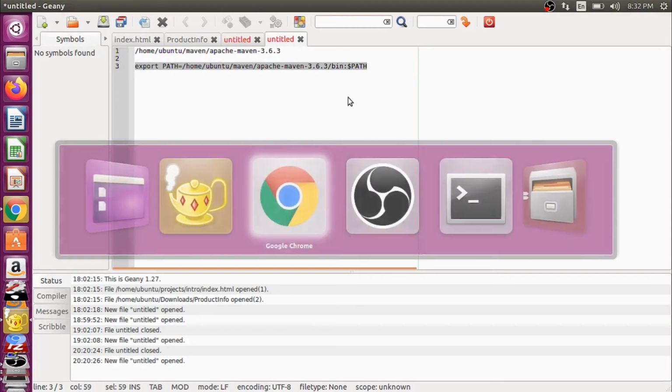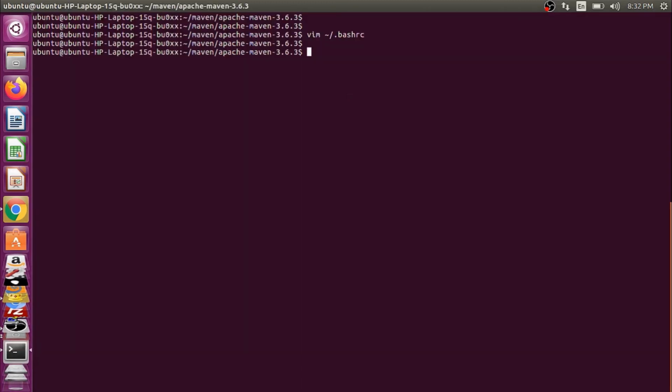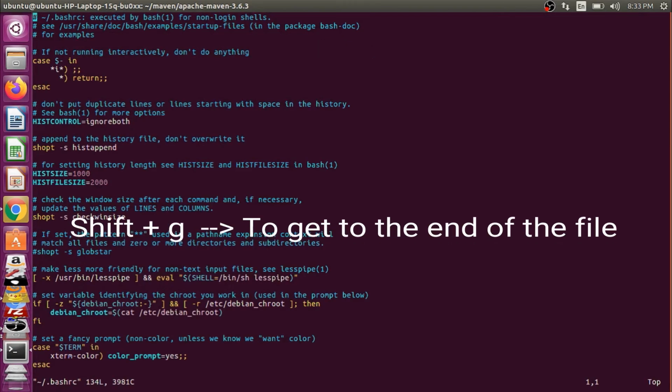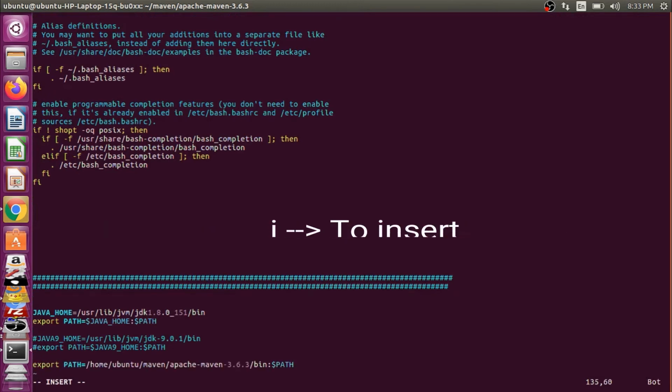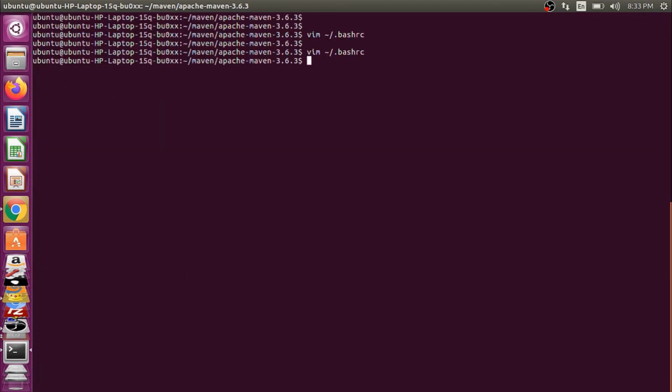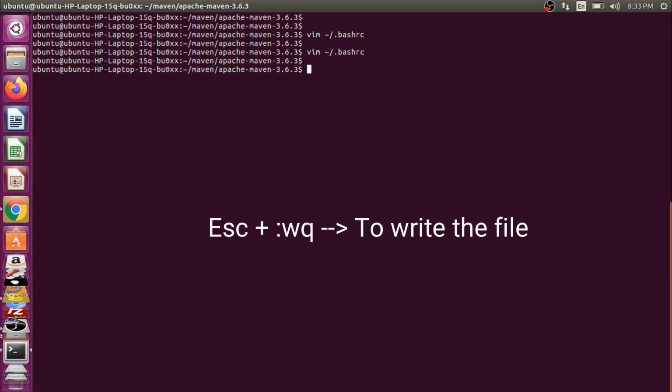Just copy this and open the .bashrc file. Shift G to go to the last line, I to insert, paste this here and just write the file using :wq.